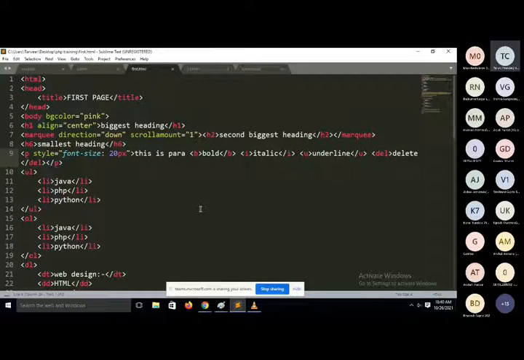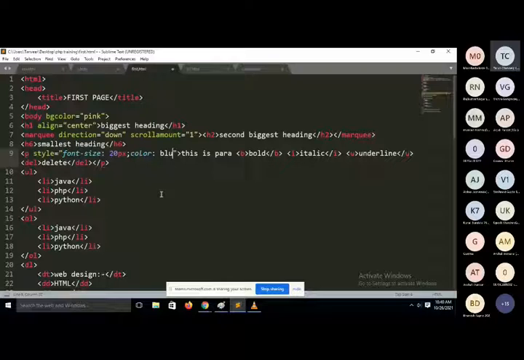So guys, if you want to apply more than one sub property of a style, it is called sub property. Fine. So style is main property and its sub property, or we can say attribute of a style. Fine. So if we want to apply more than one attribute inside this style, then we will separate each and every attribute by a semicolon. So font size is 20 pixel here. Second one is I just want to use color.